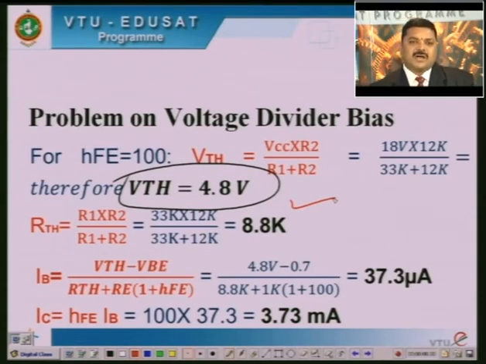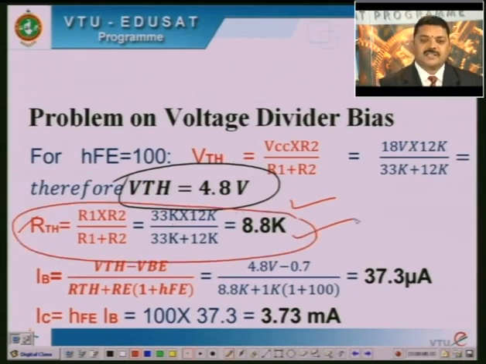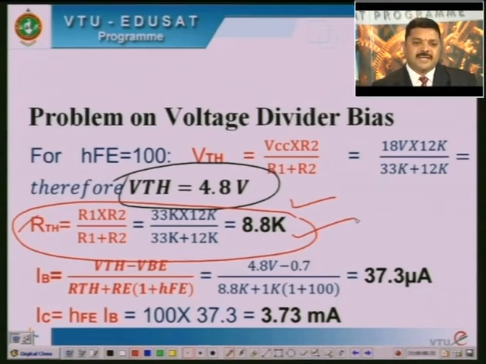Similarly, we need to find RTH, which is given by R1 R2 divided by R1 plus R2. This we have obtained by applying Thevenin's theorem to the voltage divider bias circuit, which we have already discussed. It is 33K into 12K divided by 33K plus 12K, which is found to be RTH equal to 8.8 kilo ohms. Then by applying KVL to the input loop, we get IB equal to